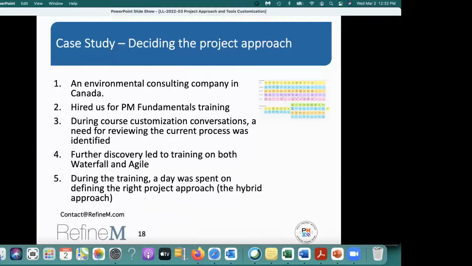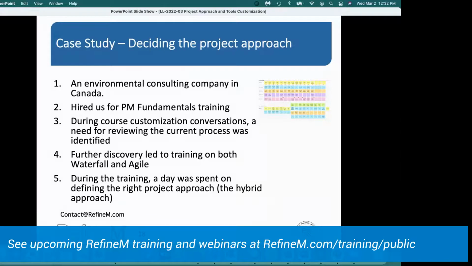And as part of our training process, we basically engage the customer, talk to them, and see if they need any kind of customization. So we engage in those customization conversations. And during that, a need was felt that